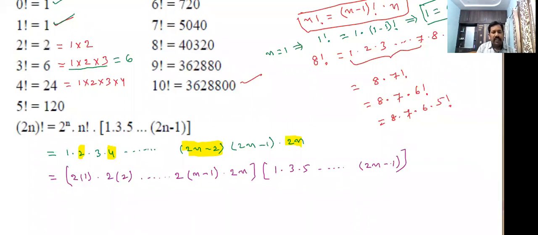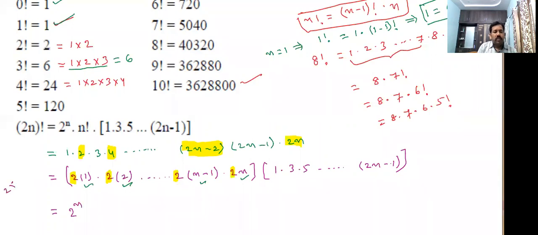Here see that every term is having the 2, yes or no? Here 2, 2, 2. This is multiplication. We can't take the common. If an algebraic operation, either addition or subtraction, is there, then we will take the common. But it is in multiplication. How many 2's are there? Count it. 1, 2, 3, up to n minus 1, n. n 2's are there. So we can write 2 power n.